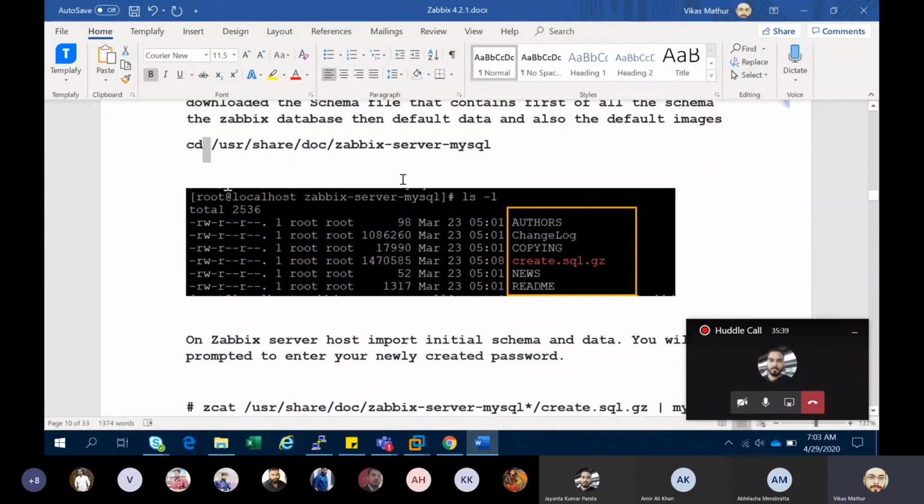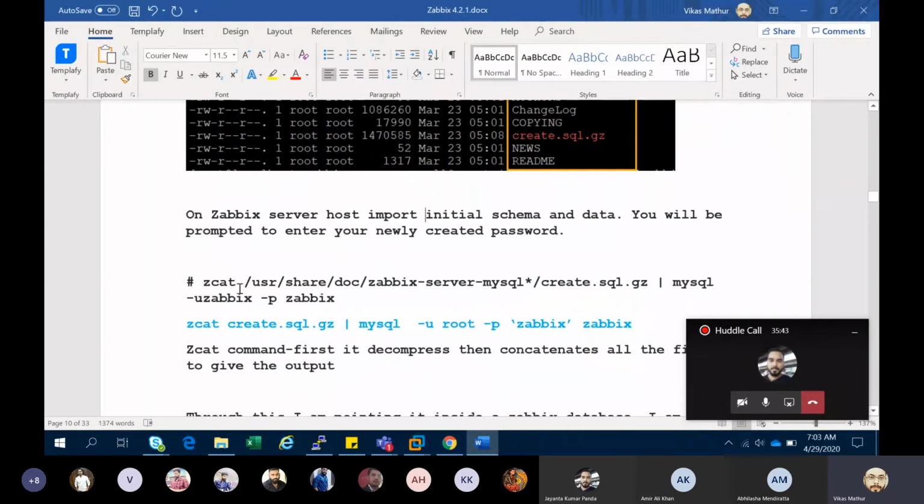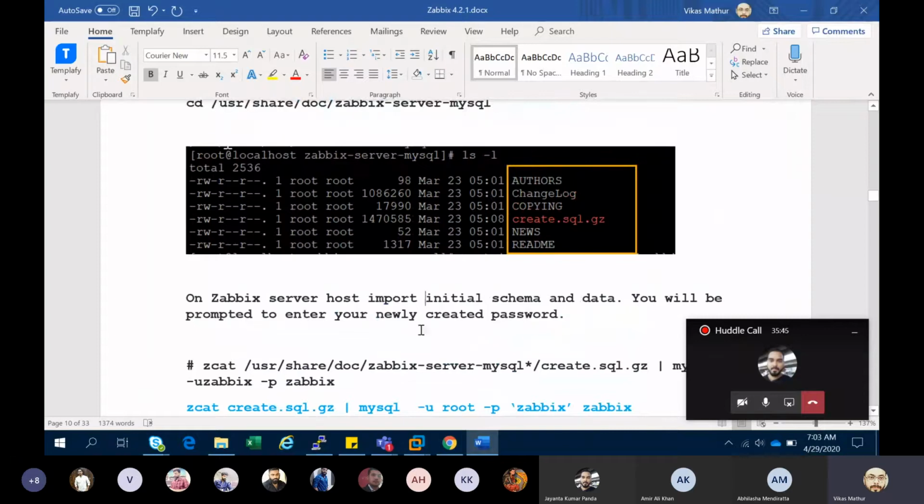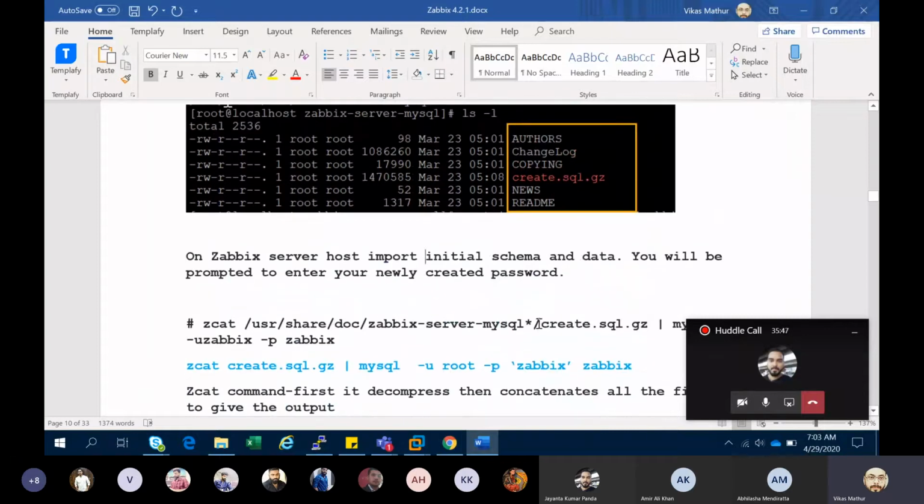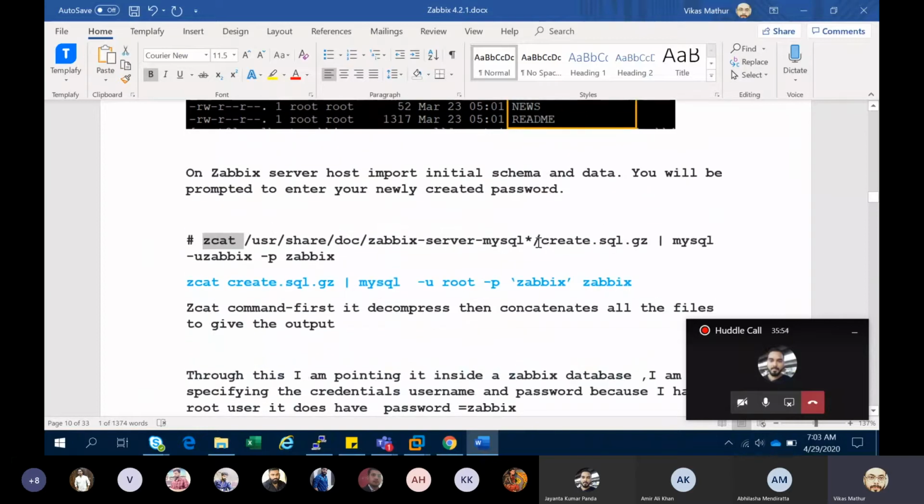So I go to this particular path, and after that I run this particular command. You can skip the path and directly run zcat with this command. It will use a pipe, and after the pipe, mysql -u for the user, and -p for the password.